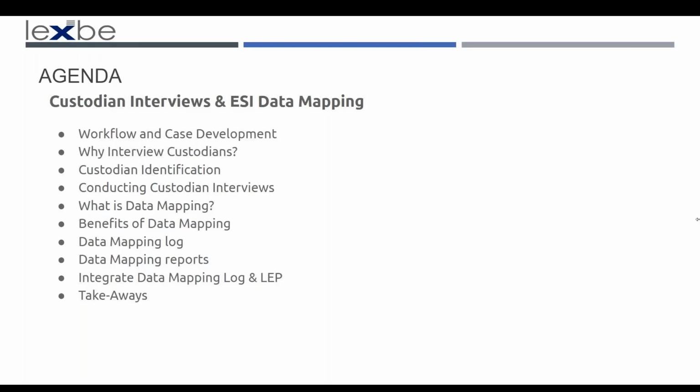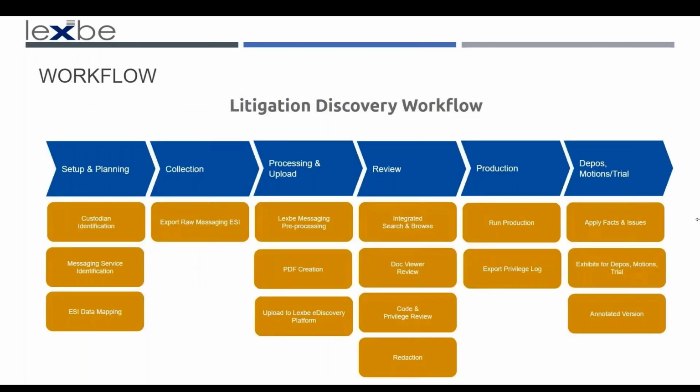The next slide here goes over the eDiscovery workflow. And this shows up in the blue the main stages of the case, and then down in orange are various subparts or tasks that are done or functions. The main things we'll be talking about here will be custodian identification on the left, and data mapping is part of the setup and planning. This goes into collection as well. We have other webinars that cover these other subjects if you're interested in any of these things specifically.